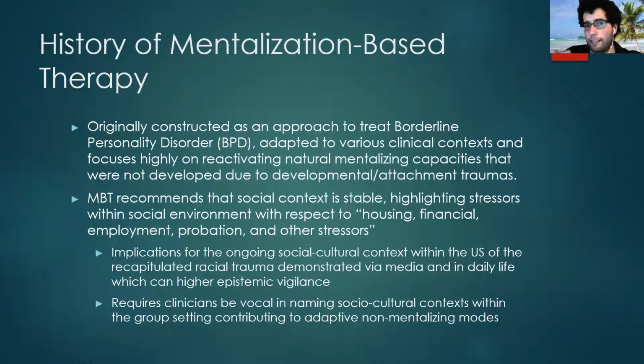MBT recommended that the social context for clients be stable. They highlight that stressors within a social environment, housing, financial, employment, probation, and other stressors can muddle the treatment's effectiveness. So I think, again, this can be implicated in terms of what's the current context of the US and what a stable social context means, especially in the middle of a pandemic, which we're currently in as I record this,